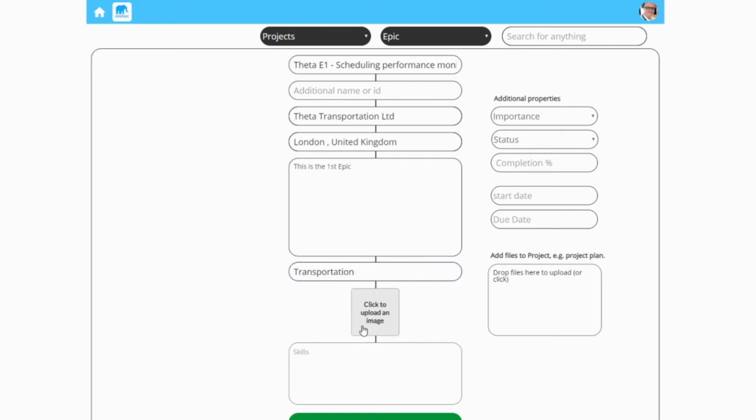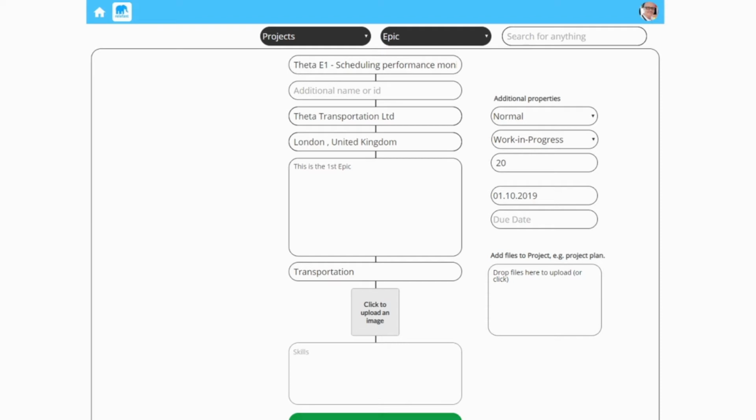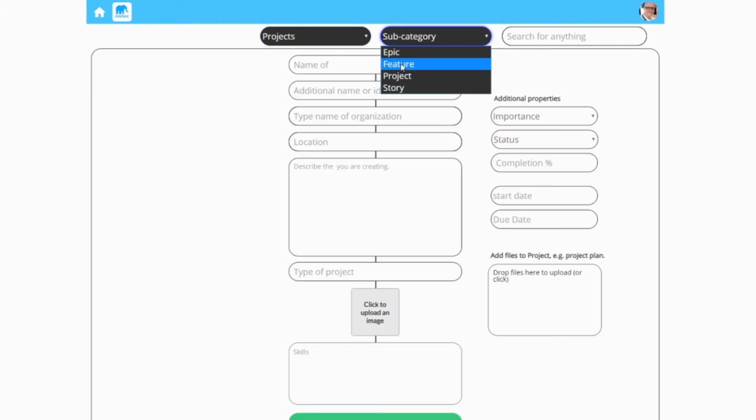We won't be adding any images here. And then the next